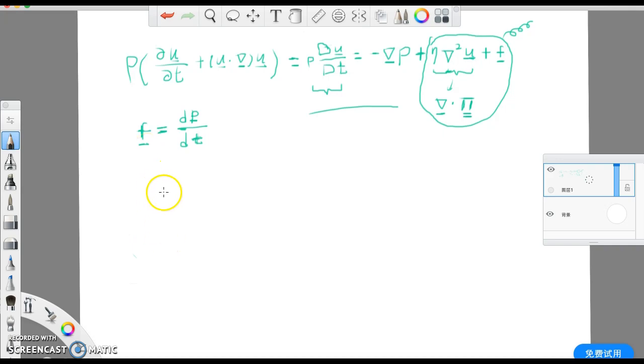So the Reynolds transport theorem says, for example, if you have any scalar or vector function, let's just say it's a scalar,